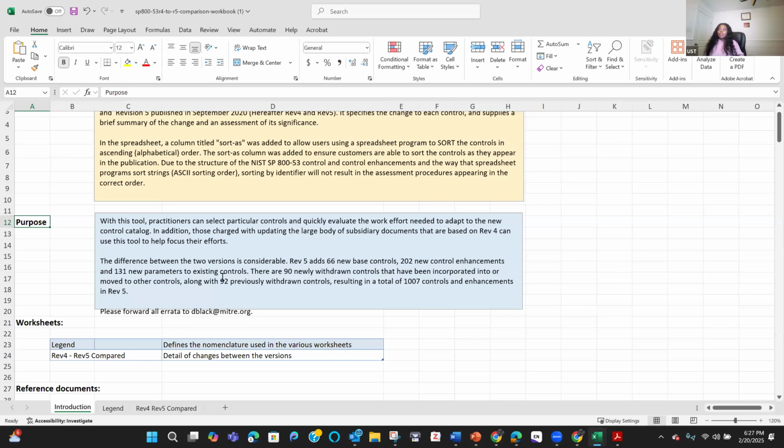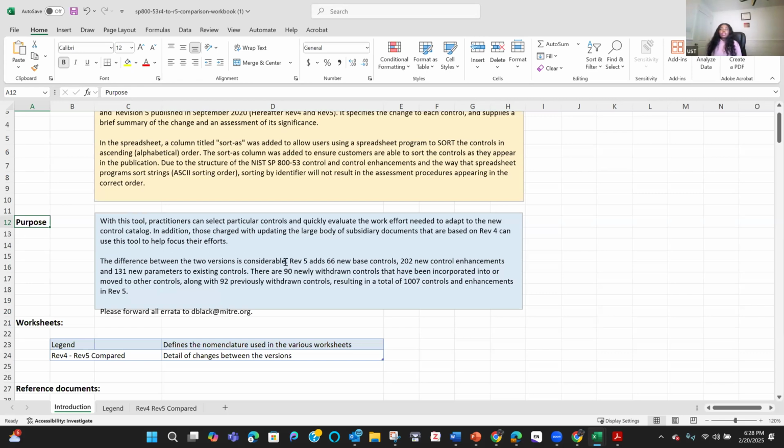If you look at this document here, first, what you need to do is read, because the reason for us doing this, again, you might get a job today with an organization that is still on Rev 4 and wants to move to Rev 5. You're working for an organization that is still on Rev 4, they are moving to Rev 5. It's important for you to understand. I'm saying so because I did move my organization from Rev 4 to Rev 5, and this was something that I did, right? So you also want to read, and if you look at the section very well, they say